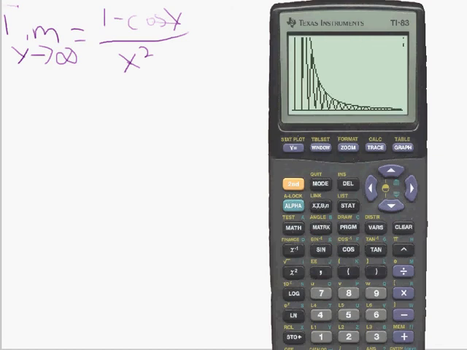Alright, do you see what I just did there? Okay, so did you see our sandwich now? We have 0 below, we have 2 over x squared above, and that function is trapped between those, which means that as x goes to infinity, 2 over x squared, we have 2 over a million squared, 2 over a billion squared, 2 over a trillion squared. What's that getting close to? 0. 0 is a constant function, so it's definitely getting closer to 0. So we have two functions whose limits we know is 0, then we have this crazy thing stuck in between them, its limit also has to be 0. Got it? Alright, that is the essence